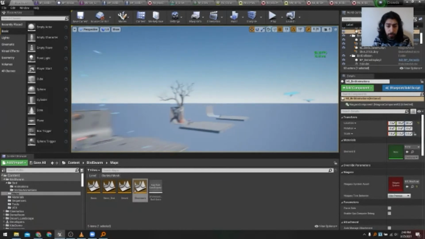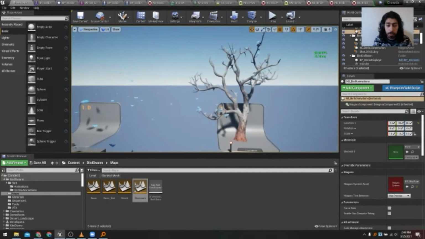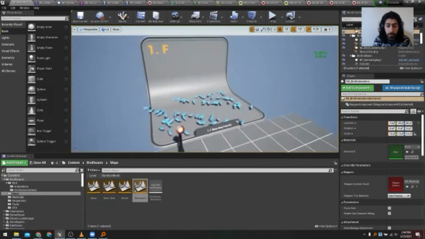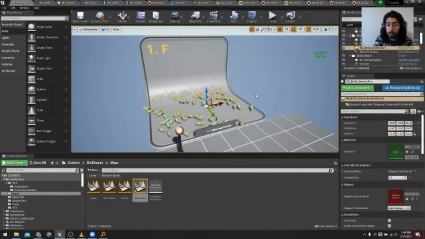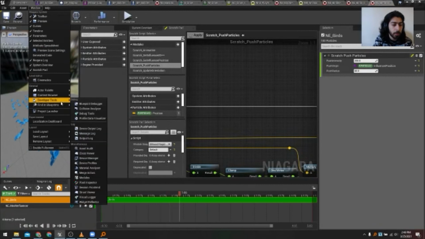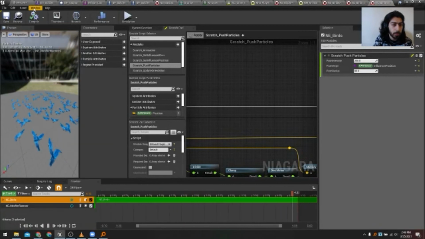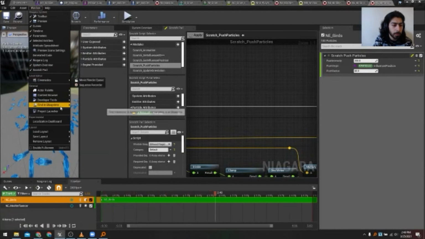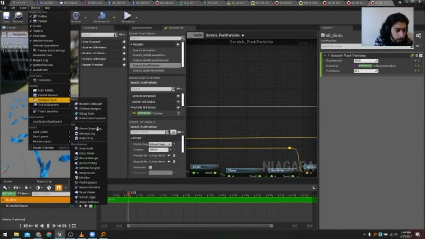Another way that I use to debug is something that came with Niagara, and is the attribute spreadsheet. So if we go into this bird here, we can just go into Window, Developer Tools, and look for the attribute spreadsheet.